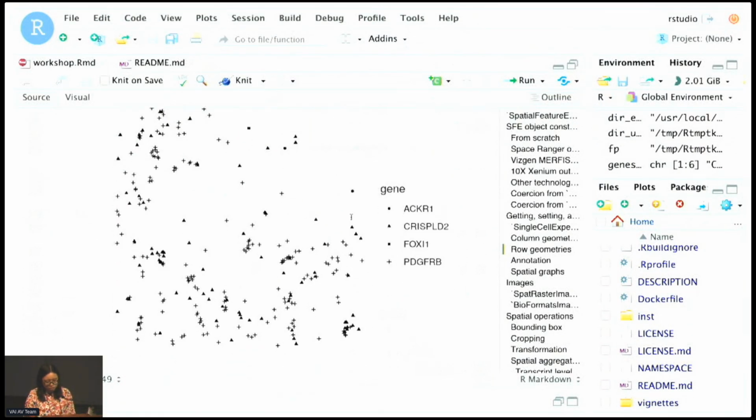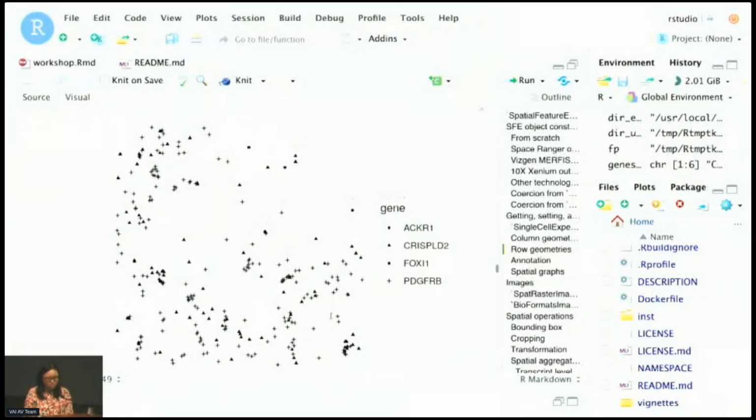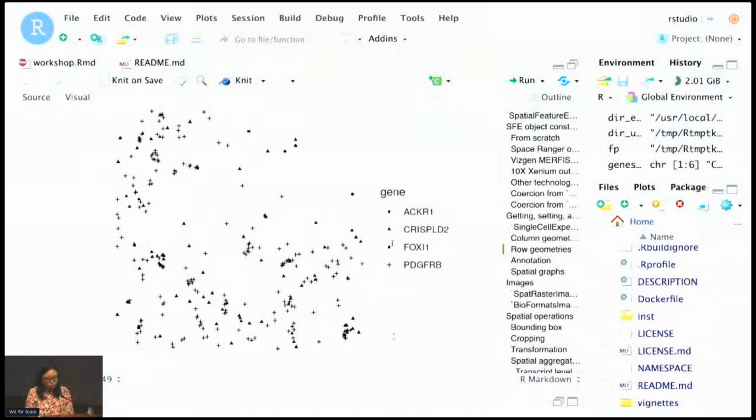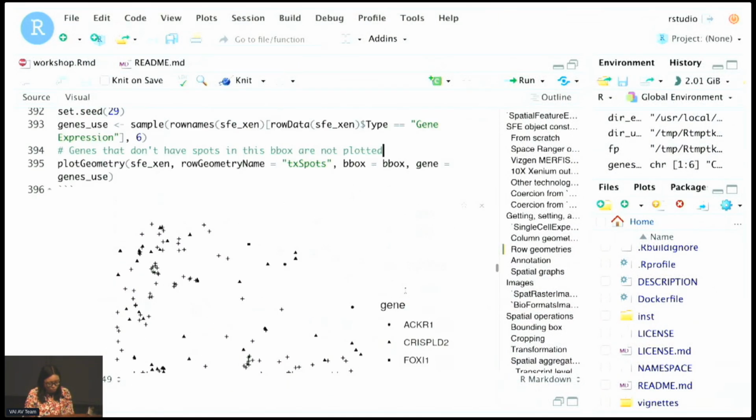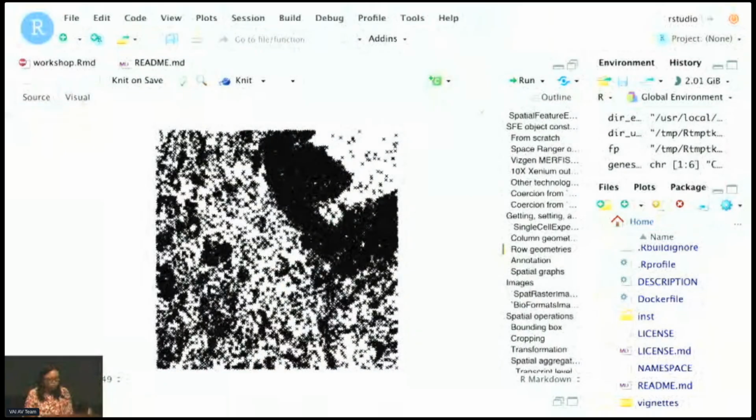So here the different genes are distinguished by point shape. That's because if you want to plot cell level data, we use color. In order to make the plotting functions colorblind friendly, if I use different palettes, it's less likely to be colorblind friendly. So here I use point shapes, which means we can only plot a small number of genes at a time. But when we plot too many genes, you get overplotting anyway.